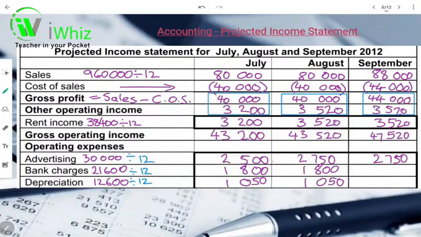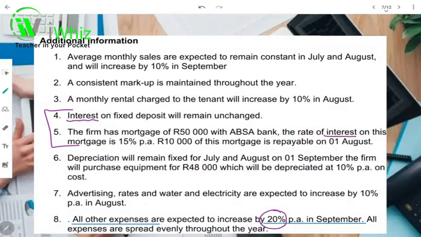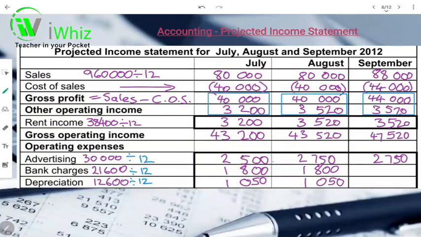Your bank charges was one of your other expenses that increase. So you're going to take 1,800 Rand times by 20%. So on your calculators, wizards, 1,800 times 20%. And that should give you an amount of 360 Rand. So 1,800 Rand plus 360 Rand will give you an amount of